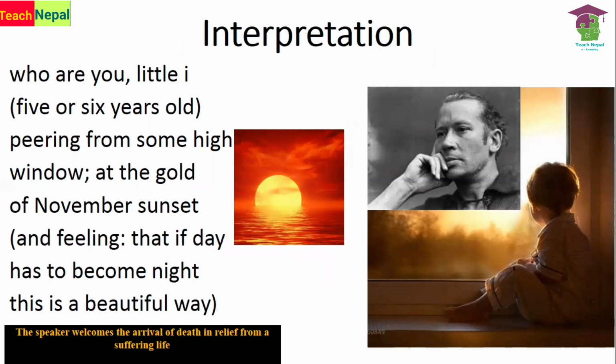Interpretation. Who are you, little I, 5 or 6 years old, peering from some high window at the gold of November sunset and feeling that if day has to become night, this is a beautiful way. Simply, if we just look at this poem simply, there is no such thing. Just a question is being asked here, right? Surface लेभलमा हेर्दा चाहिँ हामी यहाँ त्यस्तो डिप कुरा केही देख्दैनौँ, but when we realize it from in depth, right,